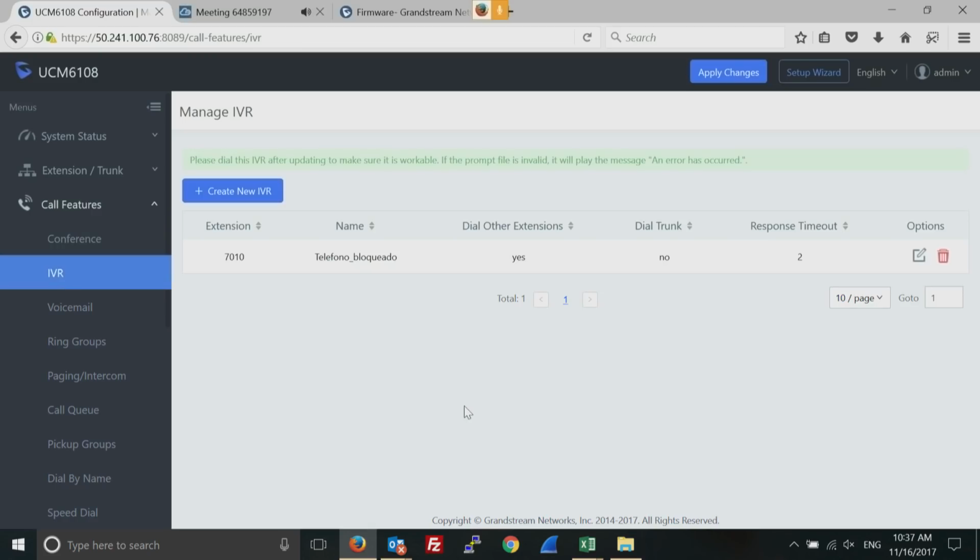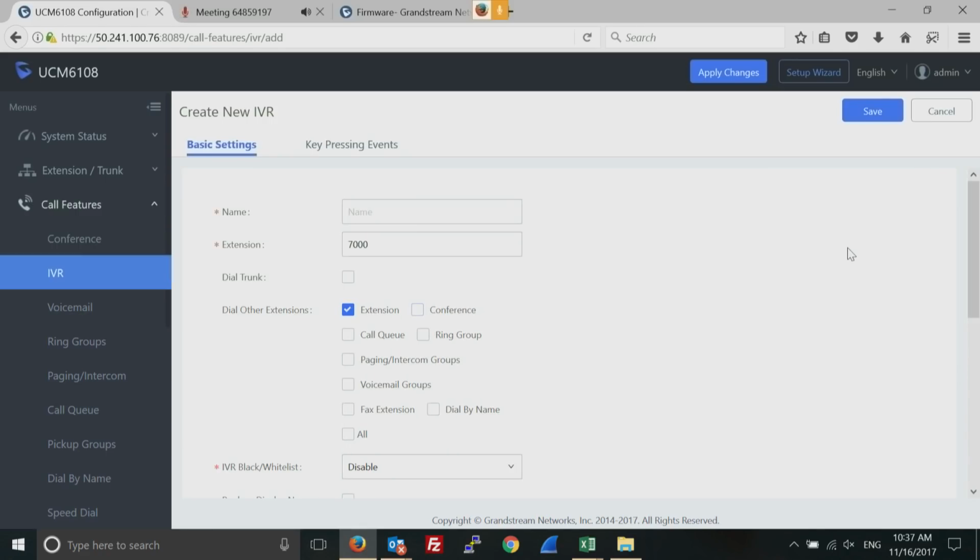All right, IVRs. In IVRs, you can create multiple IVRs. Let me show you how to do that. You need to have the recordings first. You need to either upload the recording from any phone, or you can have a nice professional recording that you can upload to the UCM. So you enter a name,